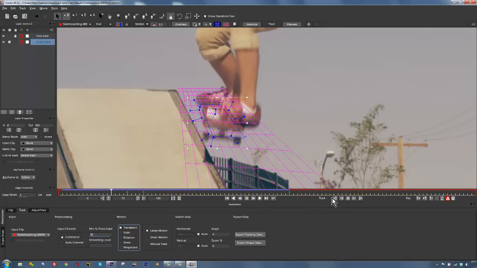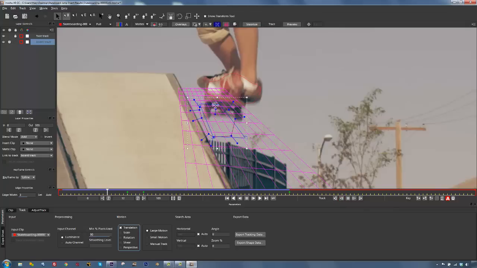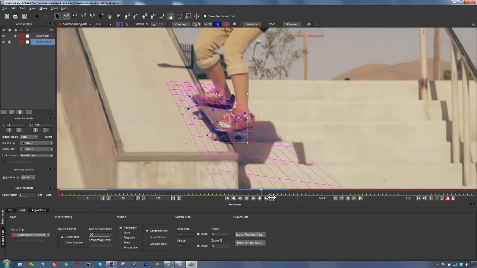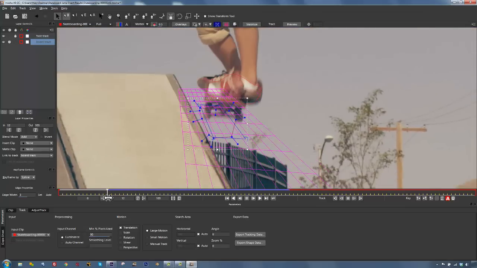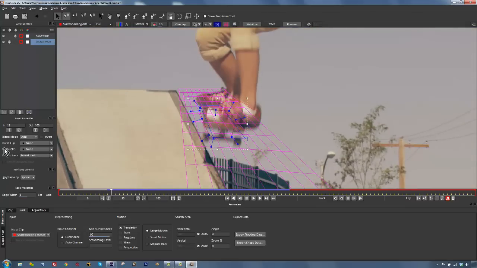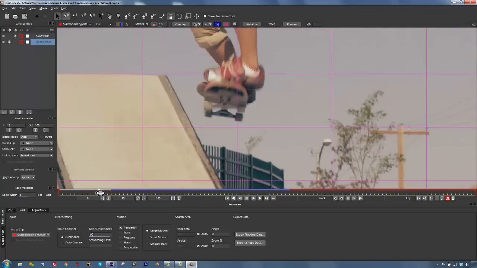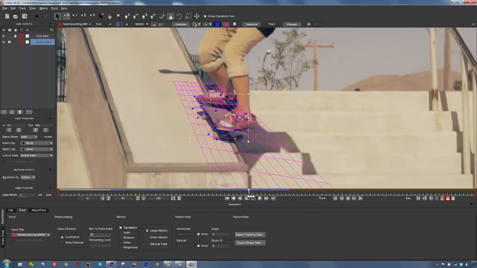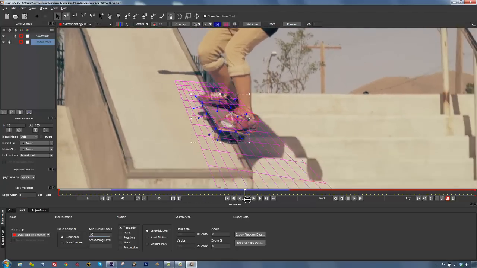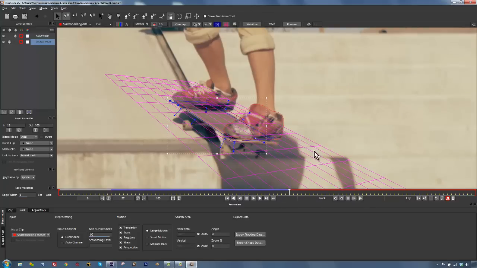So what we'll end up with is a nice way to transition between our tracks. And at this point, we've lost our tracking data, but we actually don't need that tracking data because we can't see the board at this point. So we're going to set an endpoint here for our track and continue forward. I think I'll actually set an endpoint on this frame. Okay? So now, this is where our tracking data comes into play. So, we're going to continue to track forward